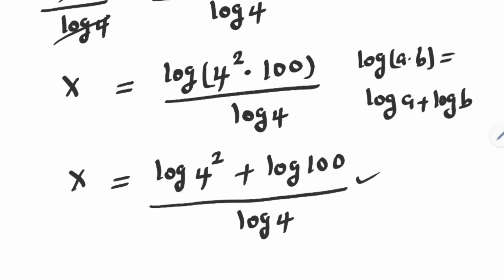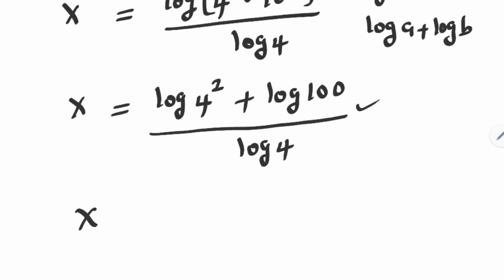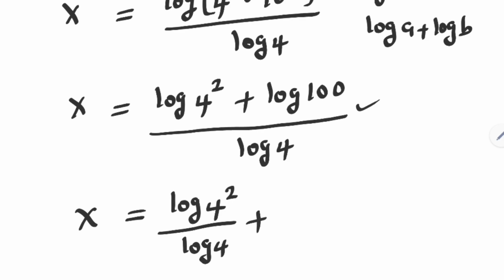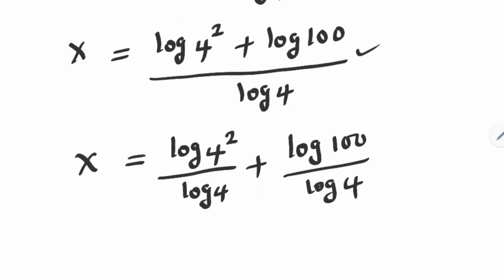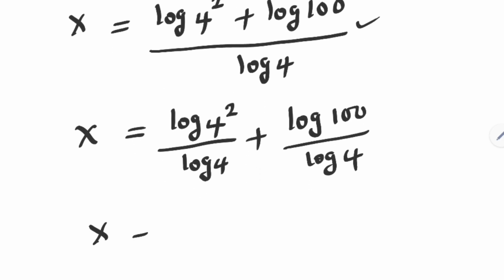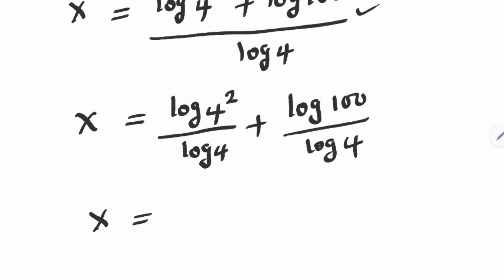If you split this, s is equal to log 4 square divided by log 4 plus log 100 divided by log 4. s is equal to log 4 square, the whole of this can be written as 2 log 4 divided by log 4